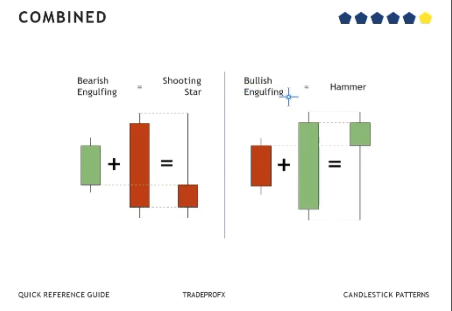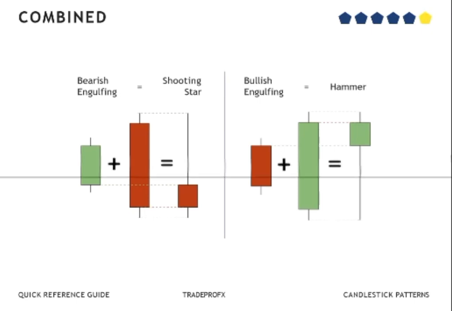Then look at this bullish engulfing. After you spot a bullish engulfing, it can be seen as equivalent to a hammer, both signaling bullish reversals. I hope we are together on this. I don't know whether you want me to repeat. There are other combined